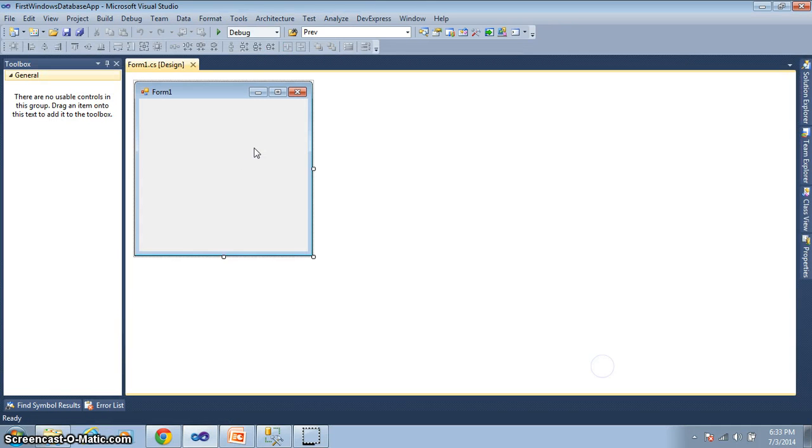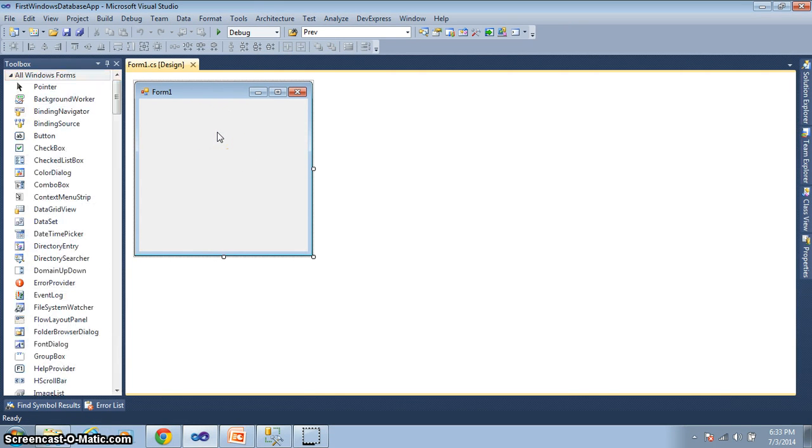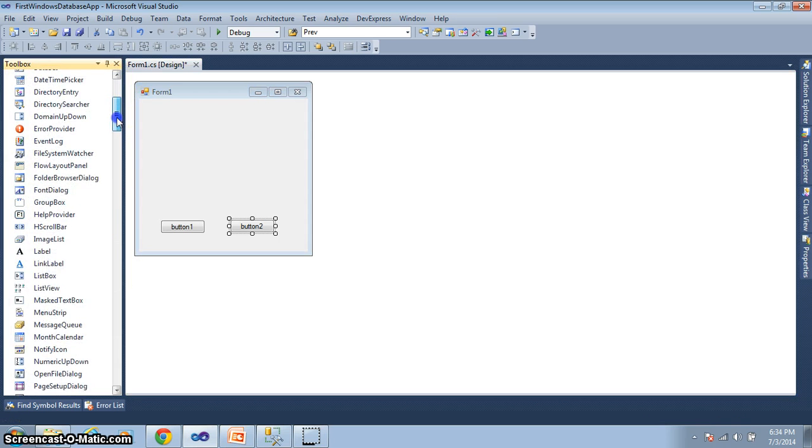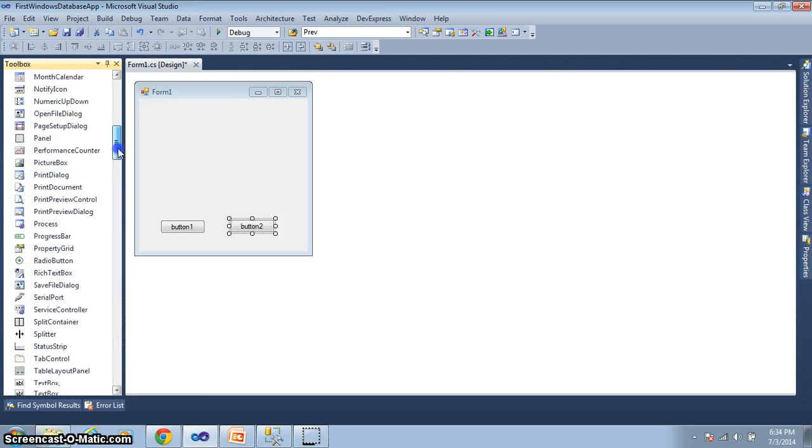So this is our form 1. In form 1 we are trying to insert data. In form 2 we'll retrieve data. In form 1 we need to have three text boxes to insert data, and two buttons, one to insert and another to retrieve.